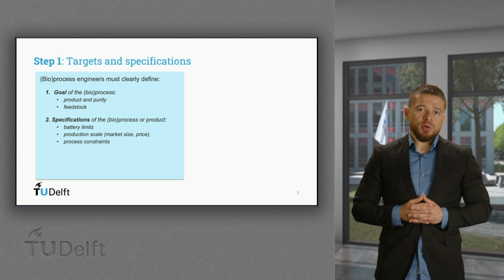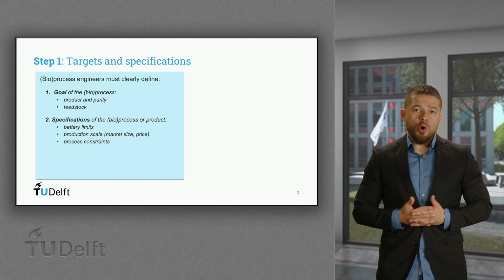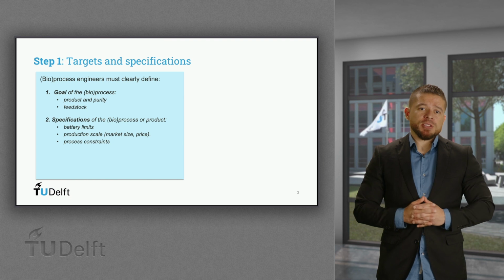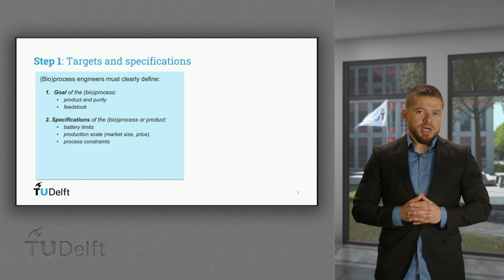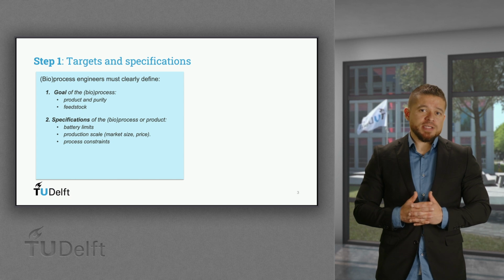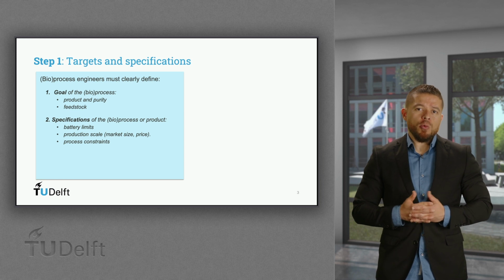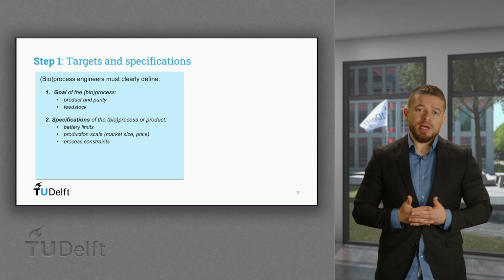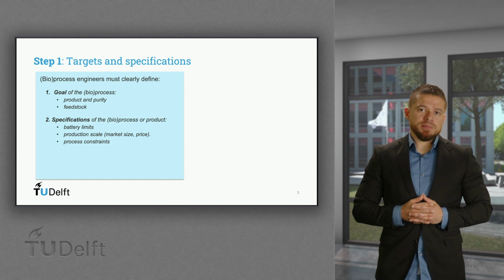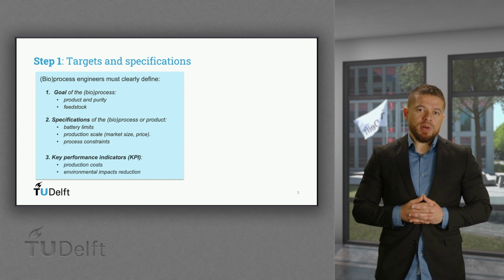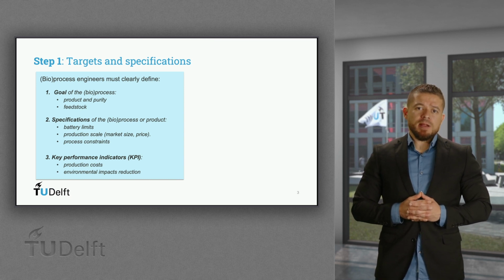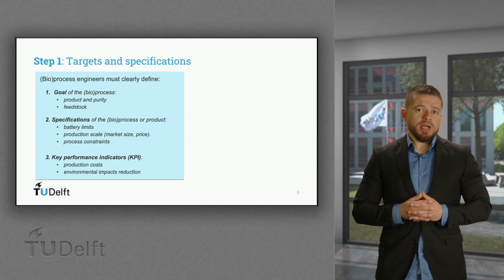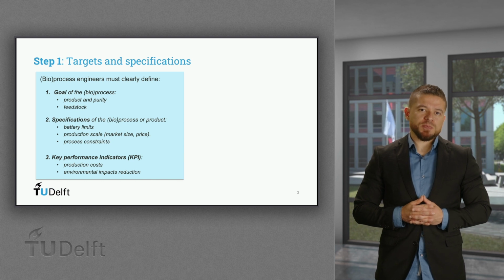Additional specifications may include purity of the products, scale of production, or availability of feedstocks, which depends on the local context. Constraints are also important. In some cases, there are not alternative choices, for example, when we're redesigning an existing plant or when we have to use a specific strain with a given stoichiometry. And last, we have to define the key performance indicators used for decision making and for comparative analysis. Typical KPIs refer to economic and environmental indicators like total production cost, payback period, or greenhouse gas emissions.